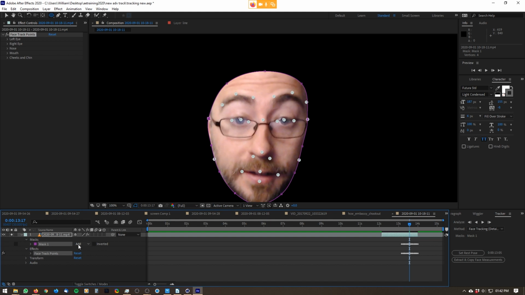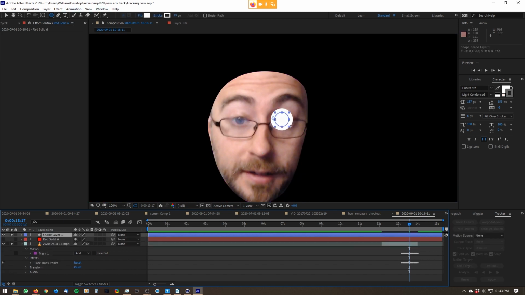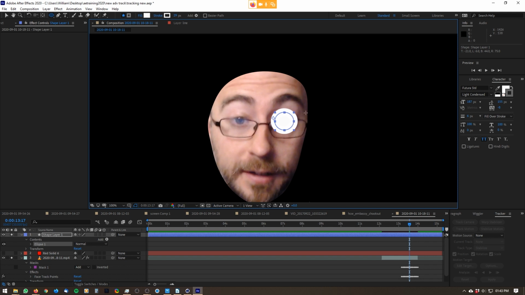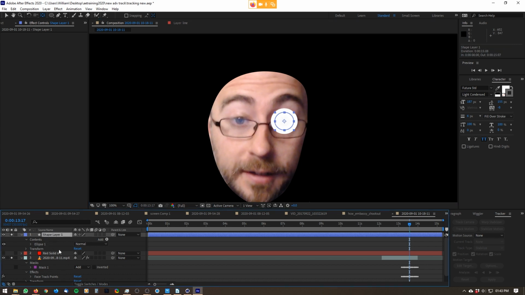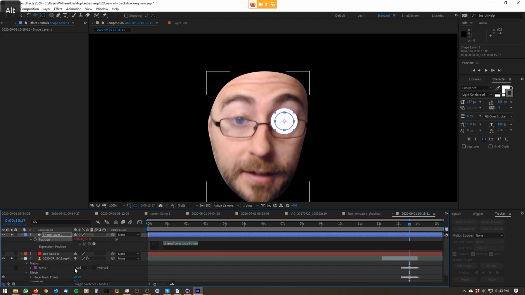If you don't actually want to use the mask, you can just turn the add effect for the mask to none, turning off the mask. Or if you do want to use this, you can use it to put it on another character's face or something like that. Ellipse, draw it over the eye, whatever. So let's say we want some sort of effect that follows the eye. What I can do is move the anchor point on this to be the center of the circle, so that when I move this onto the eye, it stays on the center of the circle. And then under position, I'm going to press Alt on the stopwatch and parent this